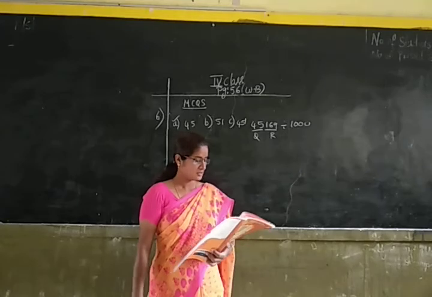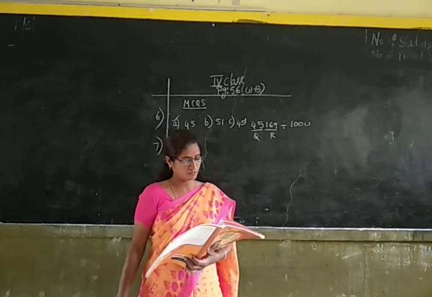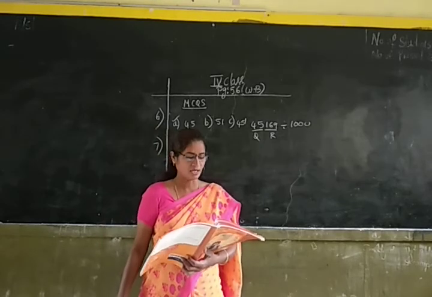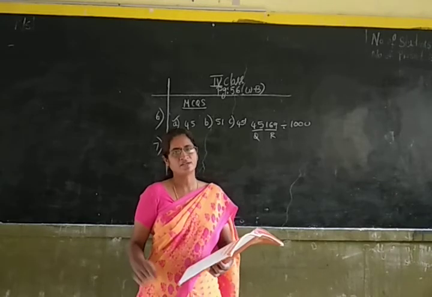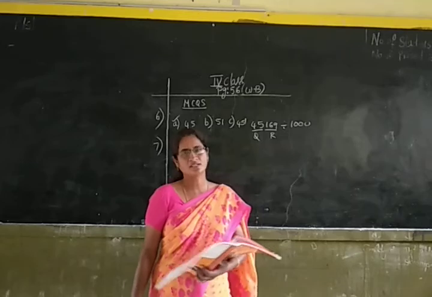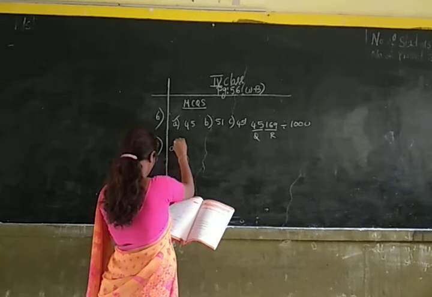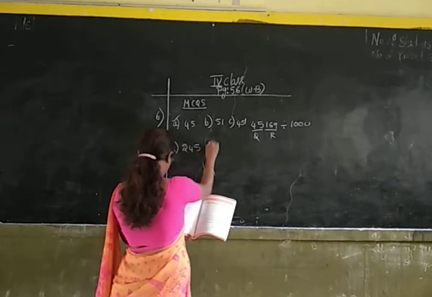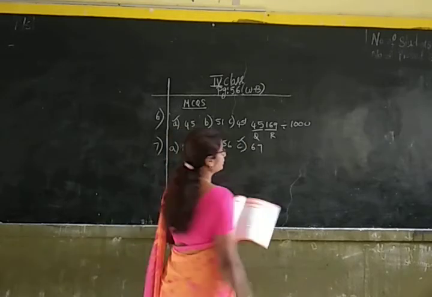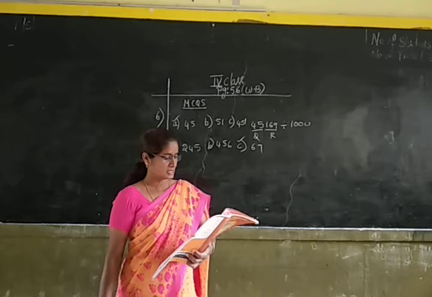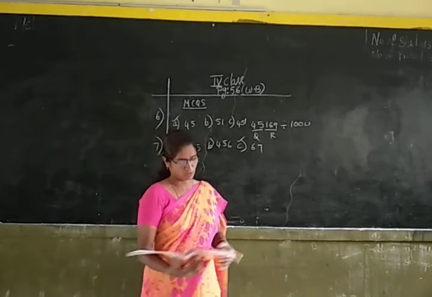Okay children. Let us do the seventh question. Here you have to divide 24,567 with 100. So when you divide a number with 100, the digits at its tens place and ones place will be the remainder and the remaining digits will be the quotient. So here the options are A 245, B 456, C 67. All of you pick the option C. C is the correct option. Okay children? All of you pick the C option for seventh question.